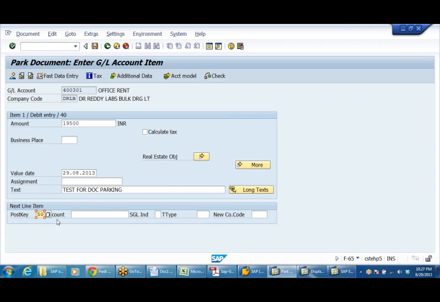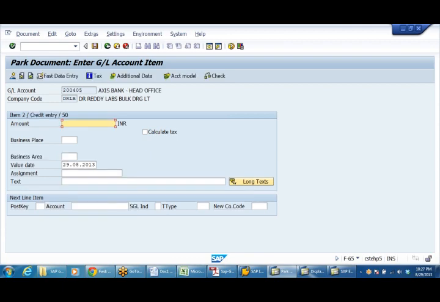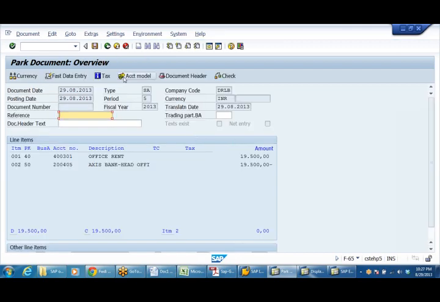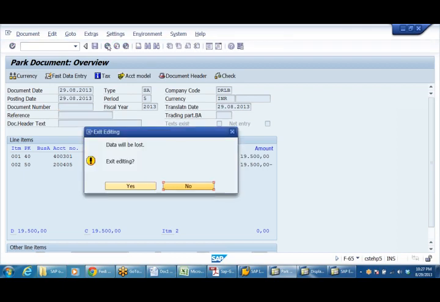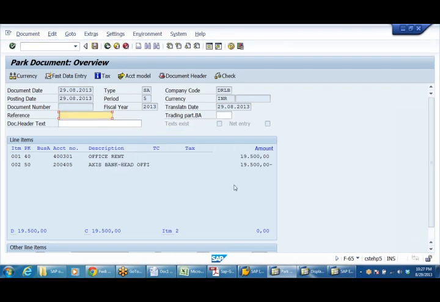50 is the posting key. Bank account 200,405, 19,500. It is shown like this. Here, if you look, see, park document. It is asking us to park it.